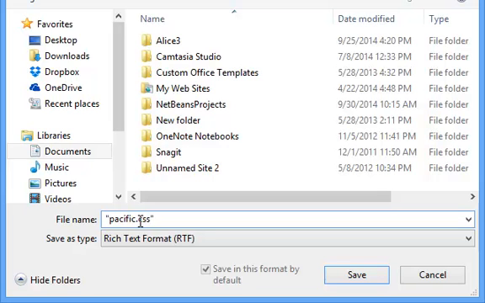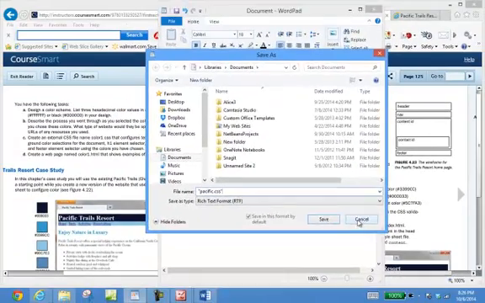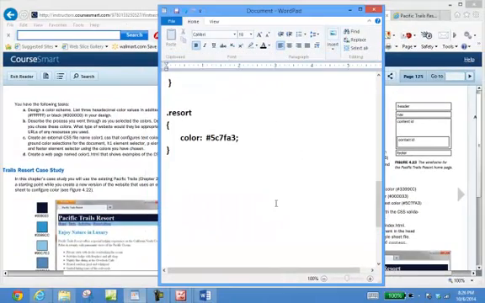Please don't misspell it. I had a student several years ago who was vehemently argumentative with me, and she said I did everything perfectly. She typed the wrong letters for CSS. She made a misspelled word there, and that's what was causing her page not to work. So be very careful with your spelling when you're saving this page. Alright, once this page is saved, what you're going to do is apply this information to your actual web page's